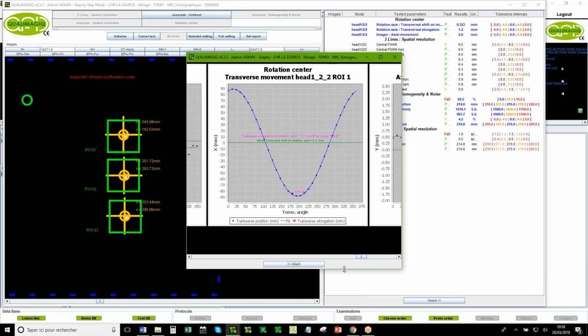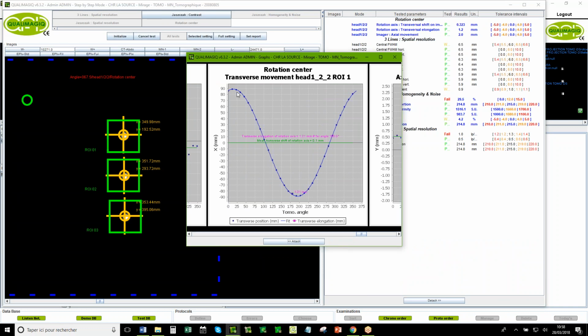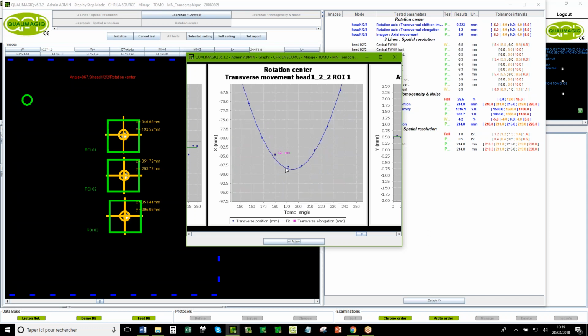If the rotation is really nice, the curve is really a sinus. If you have a flex with your camera, so when you turn, the rotation axis moves a little bit, and the points are not really aligned on the sinus fit. And you can see that on the top. You can see that more here.